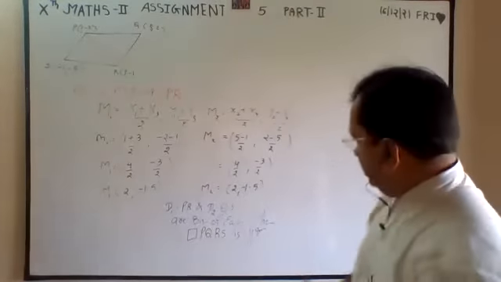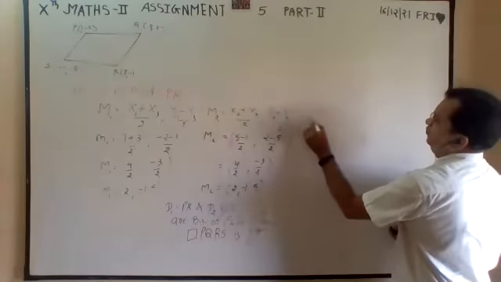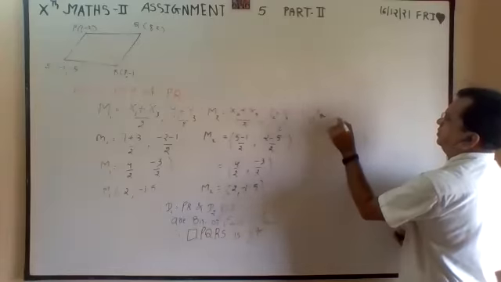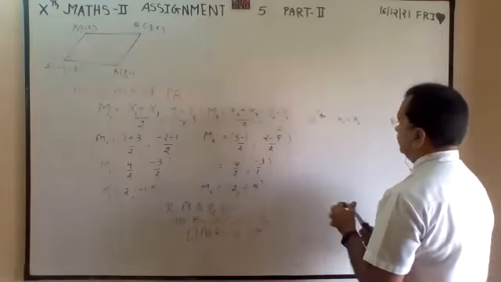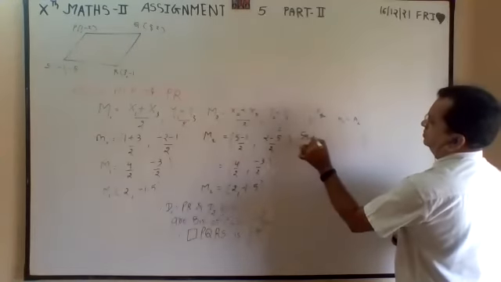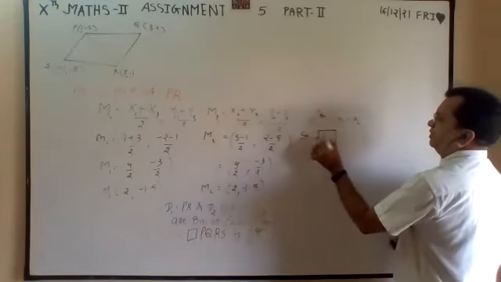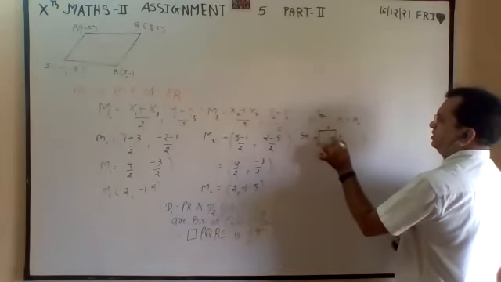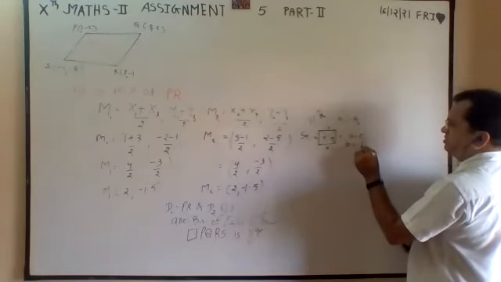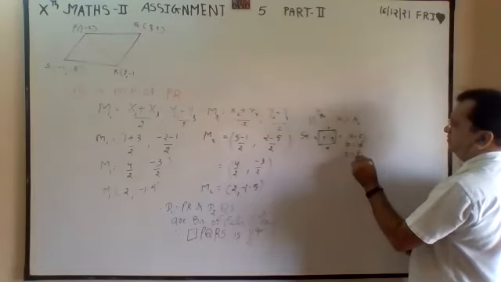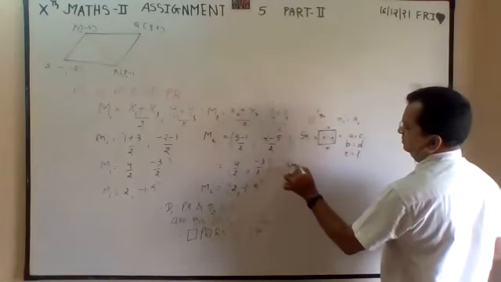Then again same to same questions are coming. For parallelogram, midpoint 1 is equal to midpoint 1, that you have to prove. For square, three pairs you have to prove: A, B, C, D, E, F. So A is equal to C, B is equal to D, E is equal to F. If all three pairs are equal, then it is a square, rectangle.